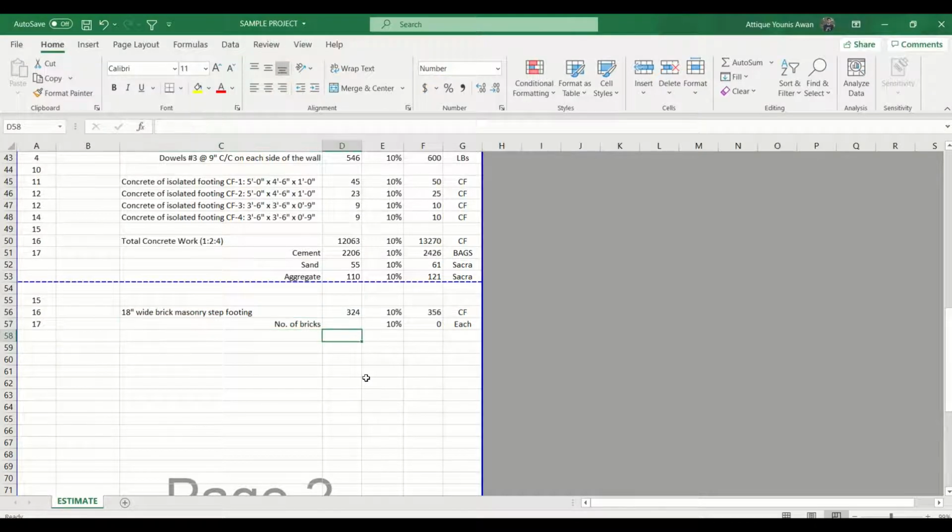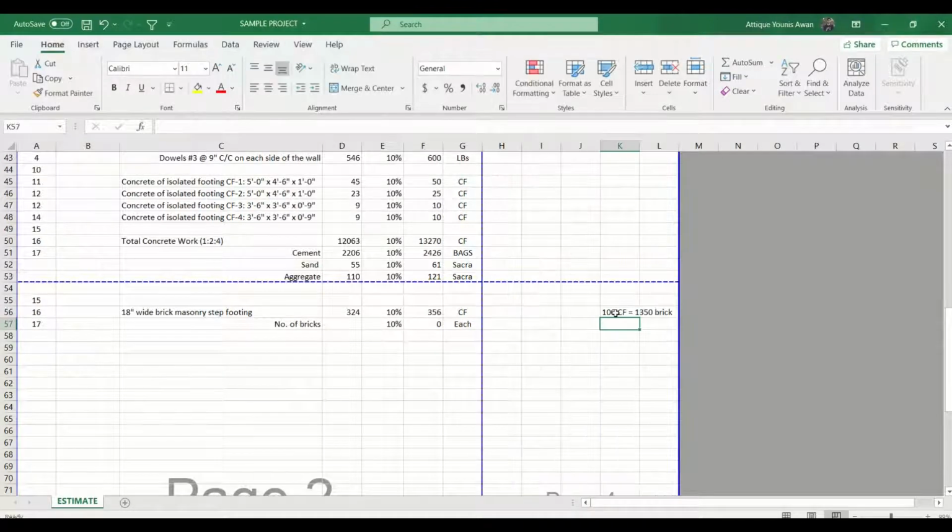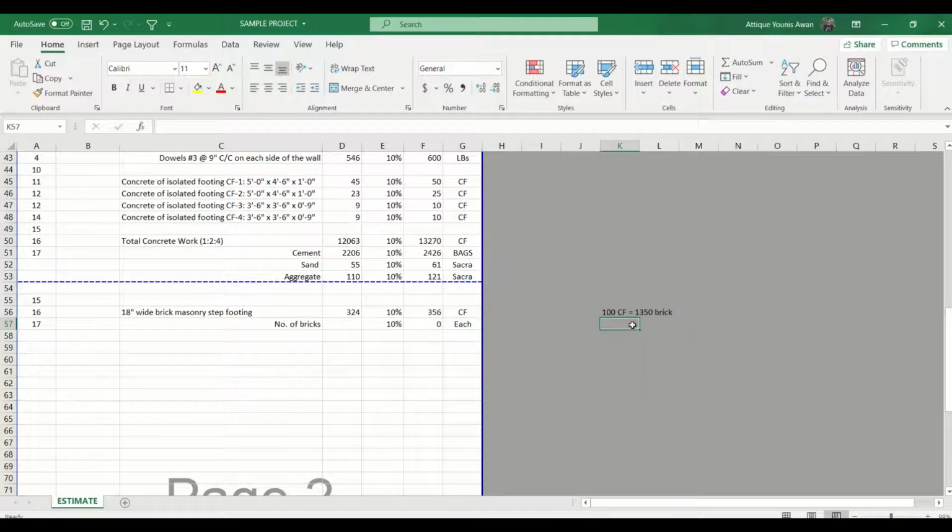Now I'm going to apply a formula over here, and for that formula we know that 100 cubic feet is equal to 1350 bricks. Let me apply the format here. So 100 cubic feet is equal to 1350 bricks. First of all, we got 324 cubic feet of brick masonry.